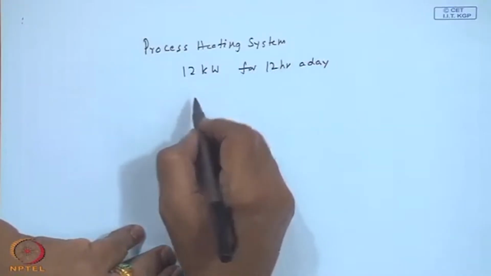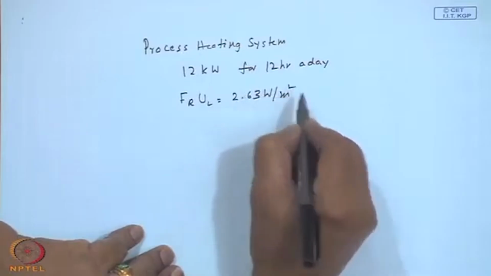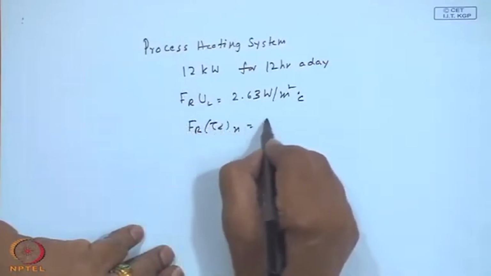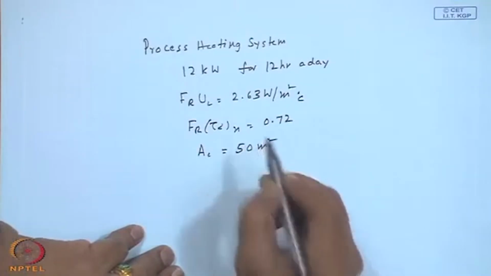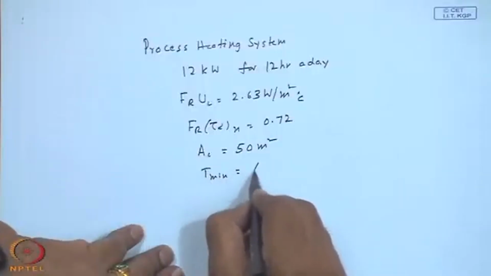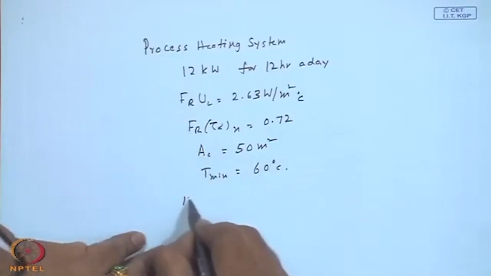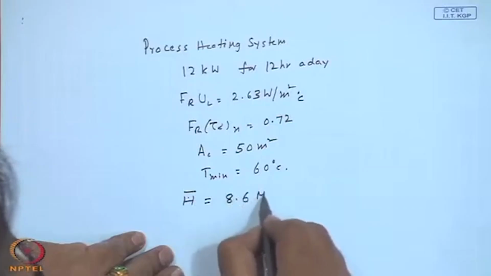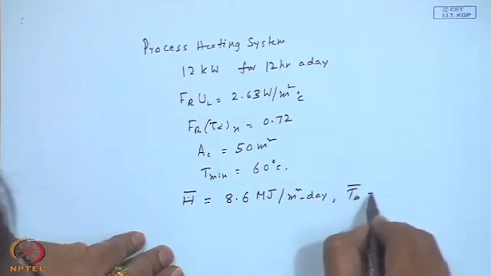The collector parameters are given: FR UL 2.63 watts per meter square degree C, FR tau alpha normal is 0.72, area of the system is 50 square meters, and T minimum required to supply at 60 degrees C, and the data for Srinagar for the month of January is H bar for the location under consideration is 8.6 megajoules per meter squared day, and the ambient temperature is -5